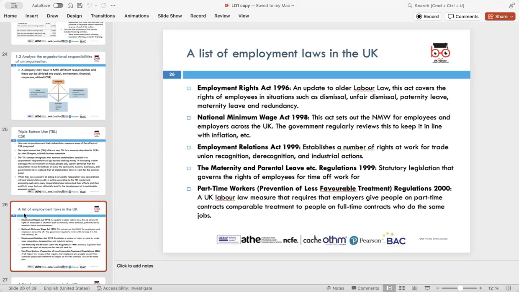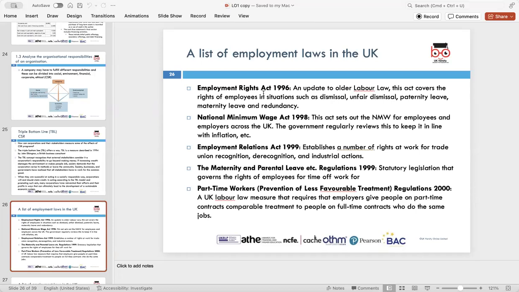List of employment laws in the UK. There are several pieces of employment legislation in the United Kingdom, such as the Employment Rights Act 1996, a comprehensive statute that serves as an update to the earlier labor law. It covers the rights of employees in various scenarios,